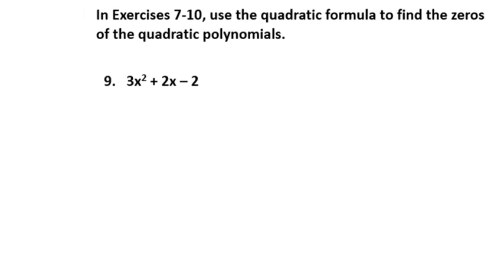Next, problem number 9. I use the quadratic formula. In this case, we have 3x squared plus 2x minus 2. So we have a is equal to 3, b is equal to 2, and c is equal to -2. And I'm going to write out the formula with the parentheses. We have x equals,